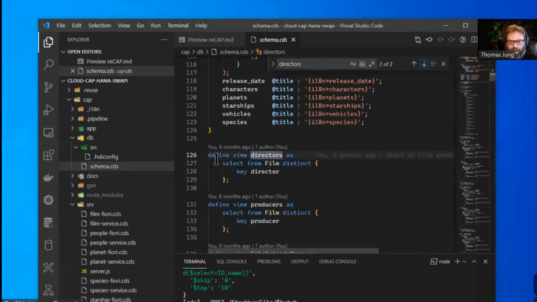If we go to the entity, well, it's not an entity. What I did is I defined a view, but I just have it select from film the distinct values on director. And that way I always get a value help that shows me all the possible values that are there in my actual data model without having to model an enum or store that separately. And you saw as a new value gets added to my transactional data, it's automatically available in the value help the next time it's requested, because I'm always just getting the distinct values with this view